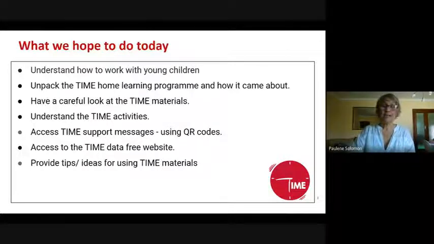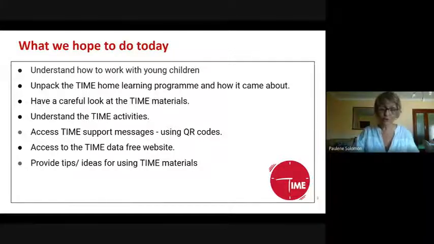Then we're going to spend quite a bit of time looking firstly at how TIME came about, but more importantly, at the materials, giving you a glance of all the activities that make up TIME. Then we're going to introduce you to our newest feature in the TIME materials, which is messaging using a QR coding system.